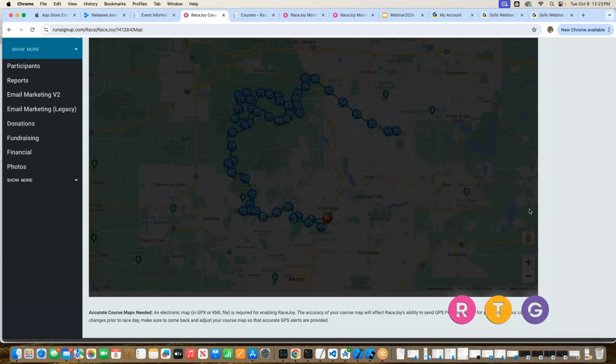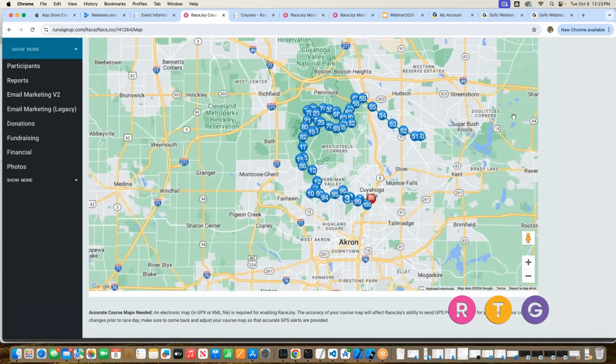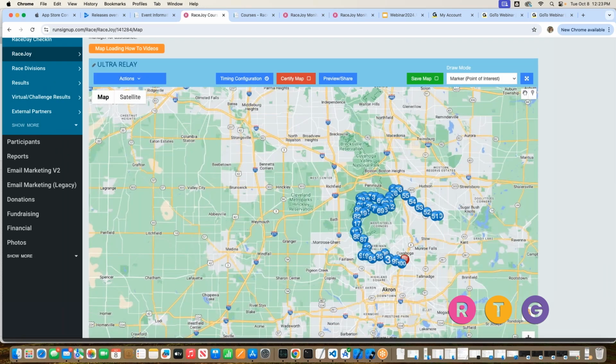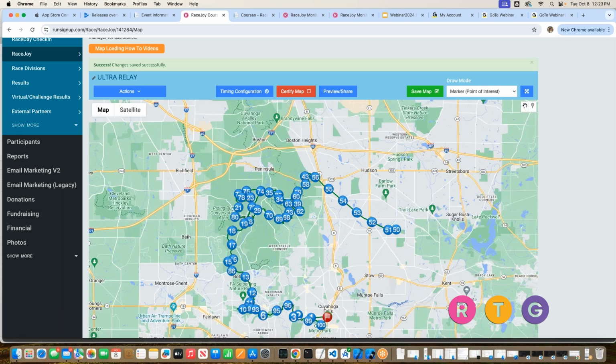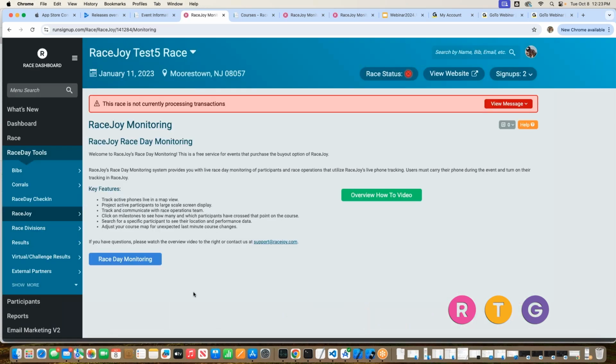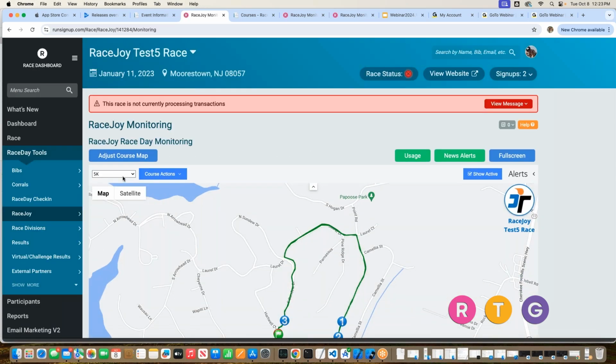Okay, and so I'm pretty close now on this map. I've got a map, and that would be the solo map. It's easy as that. And before I go and show the exchange points, the part I was just talking about in terms of monitoring, if you look at the monitoring view,